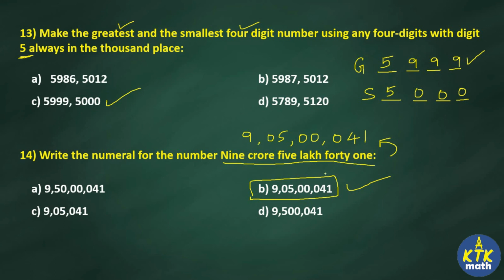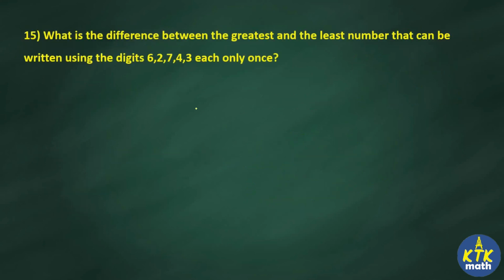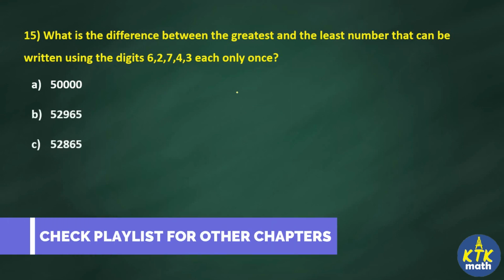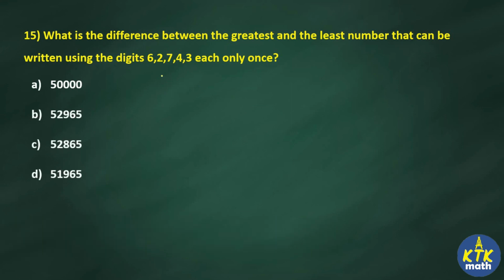You write down the numeral for the given words, then you can find your answer in the options. Now let us move to the last question of this video. What is the difference between the greatest and the least number that can be written using the digits 62743? When you are attending IMO or any Olympiad exams for 6th standard, knowing our numbers, that is your first chapter, definitely these kinds of questions will be there in your exam. Your options are given there. First let me explain how to do this. Here they give 5 numbers, right?